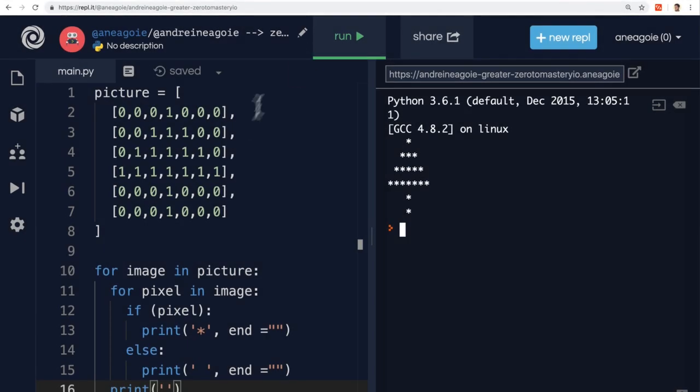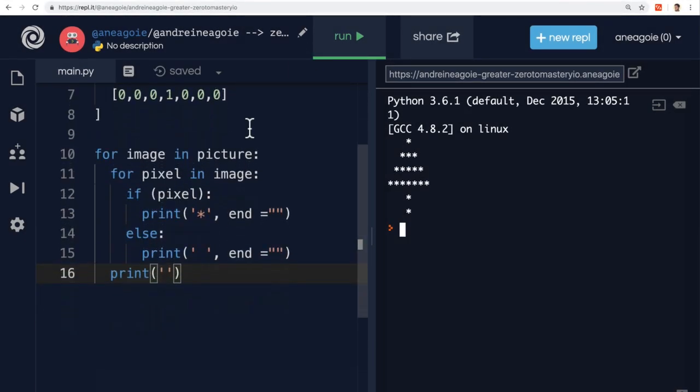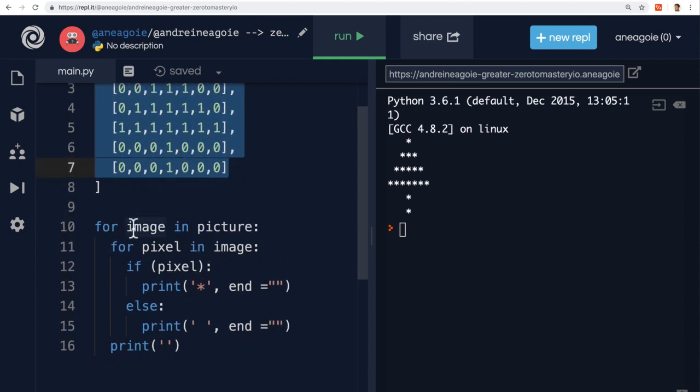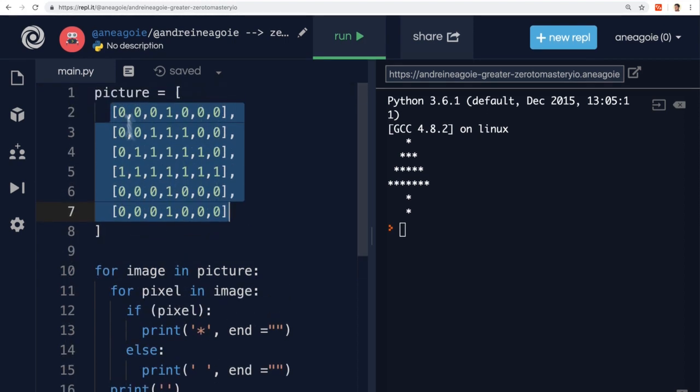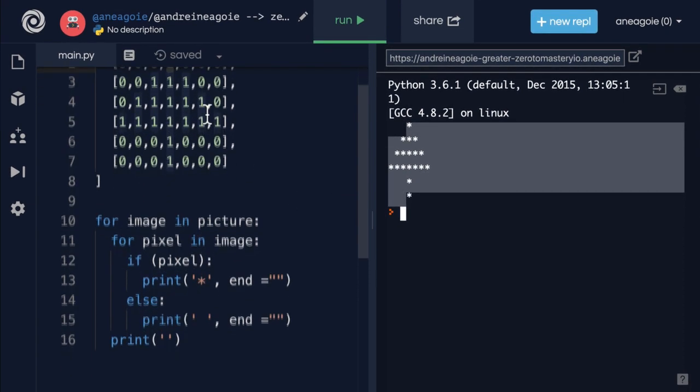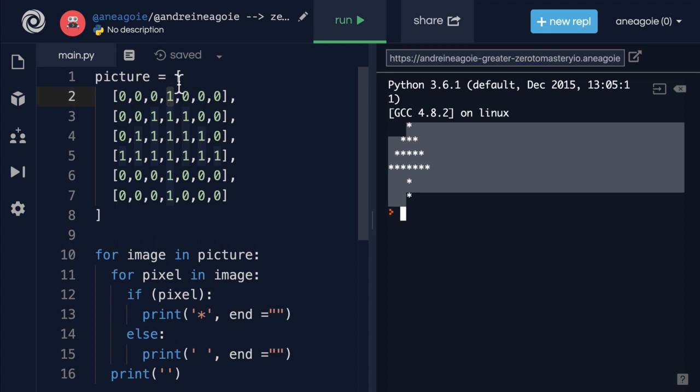By the way, remember this exercise that we did where we pretended to have a picture that was stored on our computer and we had to create this script to read through our data and add a space or a blank if there's a 0, and if there's a 1 to add a star, which gave us a little Christmas tree. And although we've been using the REPL up until now, at the end of the day, all Python code,